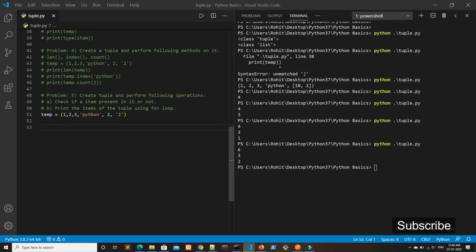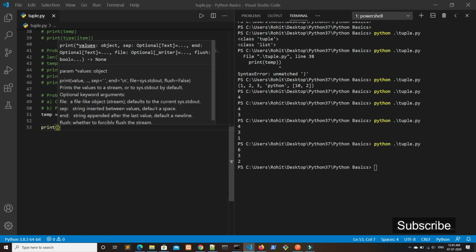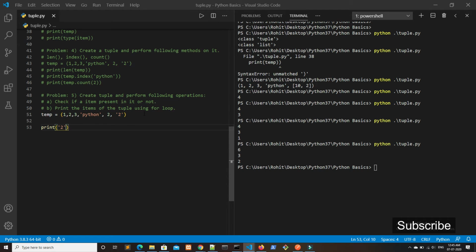Now we want to check whether a particular value is present or not. So to check this, first I will be printing whether it is there or not, and I want to check whether the string 2 is present inside temp.